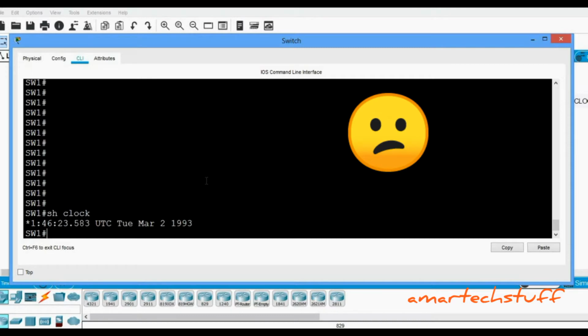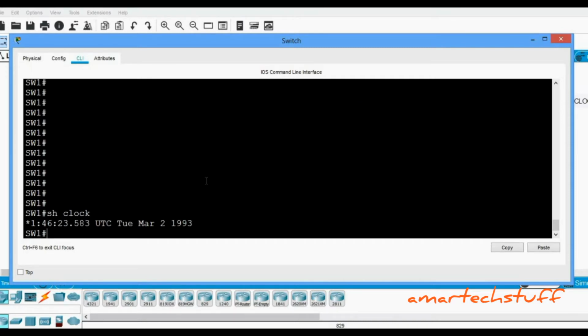It is showing March 2nd 1993, so it is obviously a wrong time, so it is not getting synced. This is the problem statement, and we need to solve this problem.